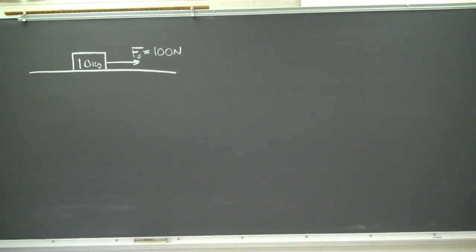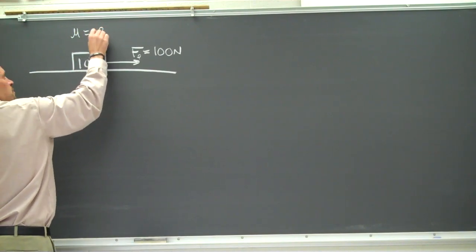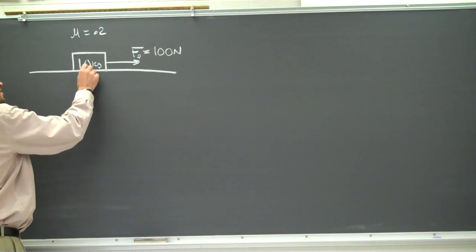Okay, we're doing three friction problems. First one is just on a flat surface, where we're pulling this crate or box that's sitting on the surface with a force of 100 newtons. We're going to give a coefficient of friction mu equal to 0.2, and the mass of this thing is 10 kilograms. If we draw in the forces that exist on that box,